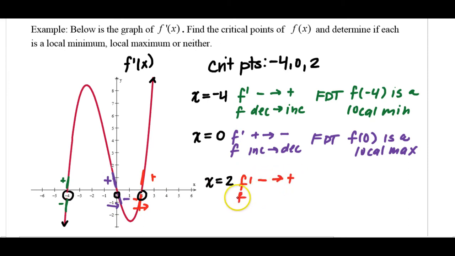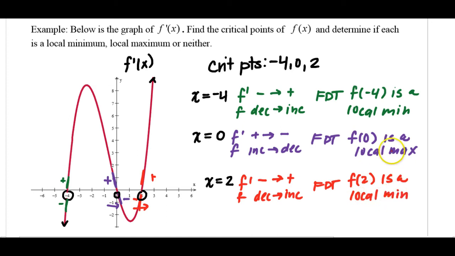So f changes from decreasing to increasing. So by the first derivative test, f of 2 is another local min. So I have 2 local minimums and 1 local maximum. So I know that the critical points where they occur are at -4, 0, and 2. So this is kind of the most shorthand way to possibly fully answer the question and justify it using the